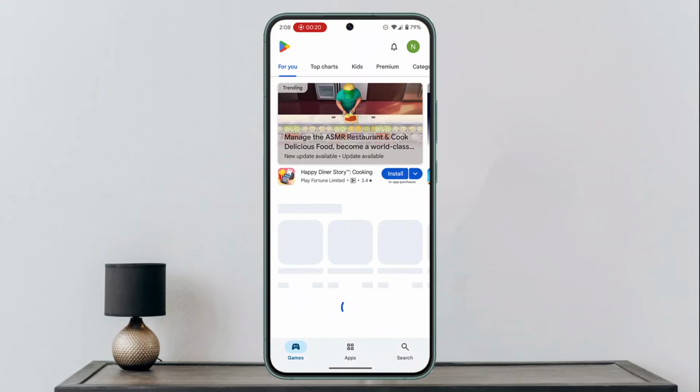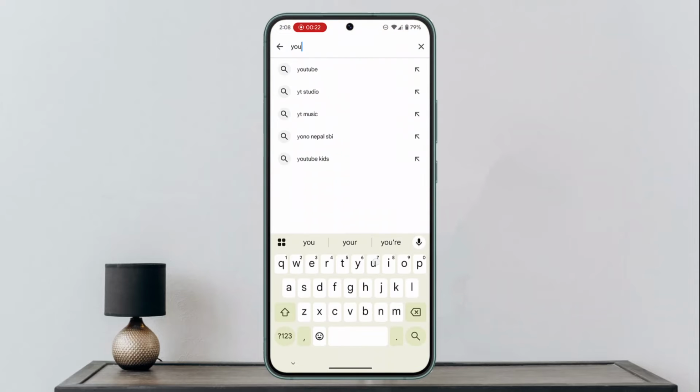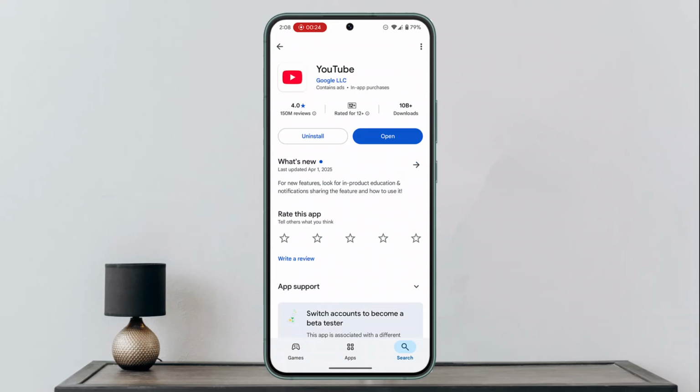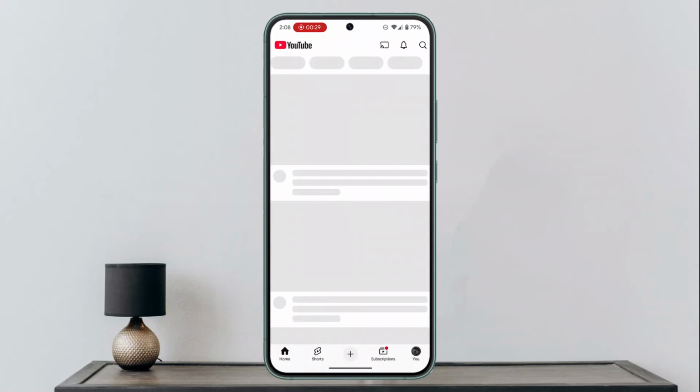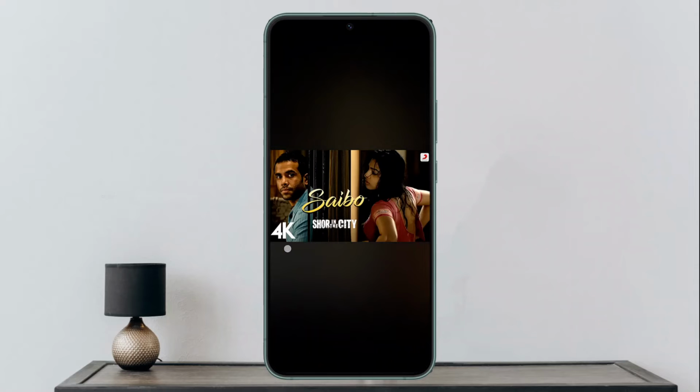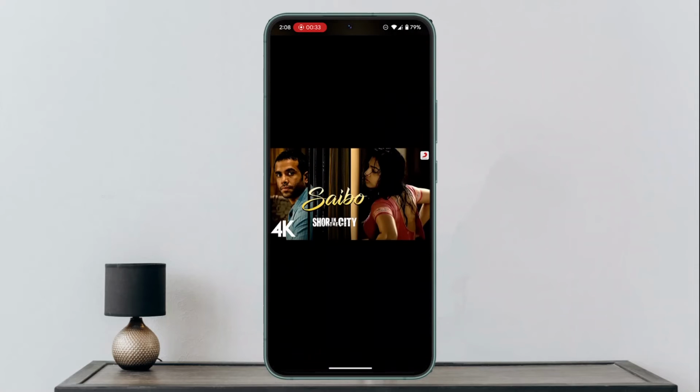So head over to your respective app store, and in the search box type in YouTube and see whether you have to update it or not. After completely updating it, click on the open button and log into your account. As you're logged into your account, it's going to take you to this page,